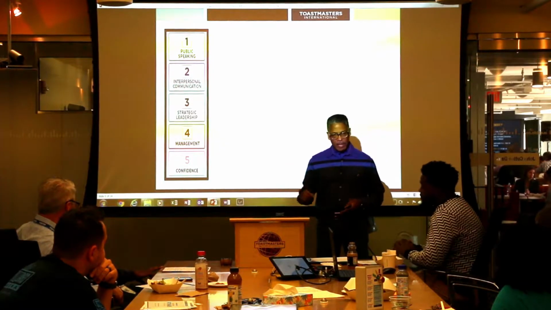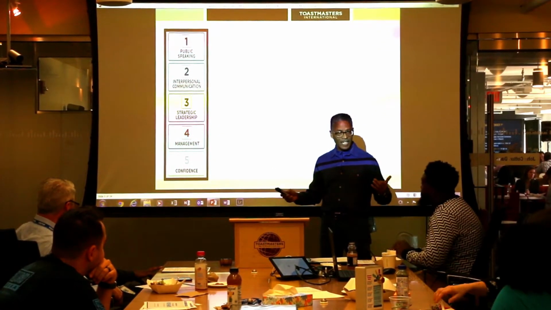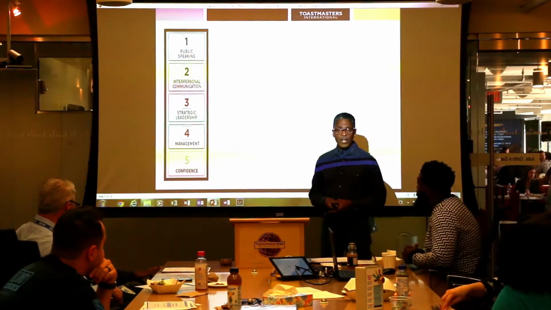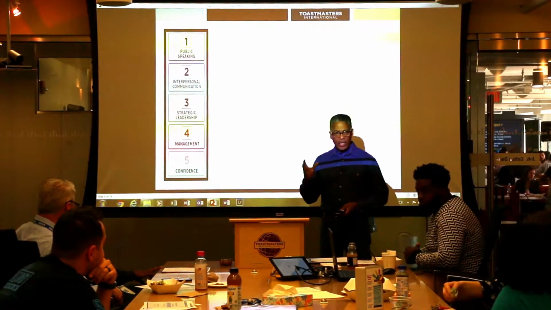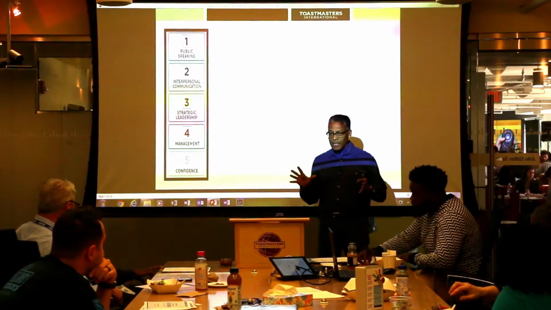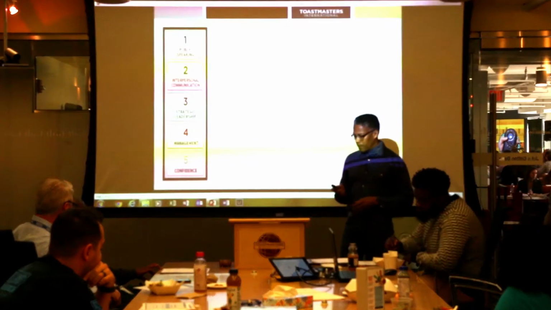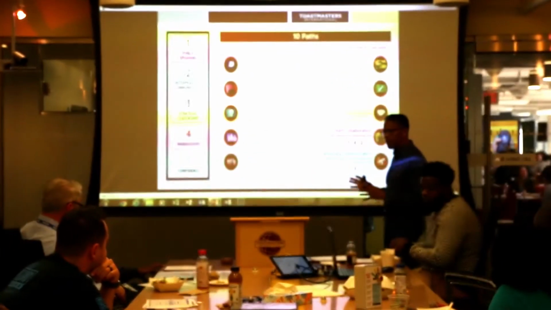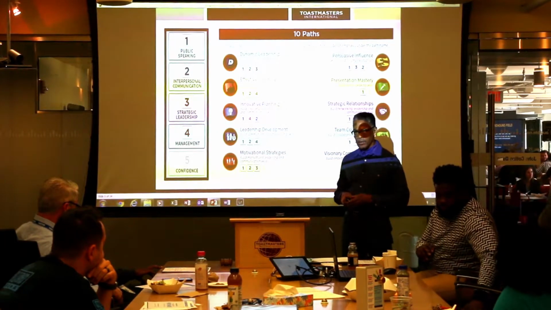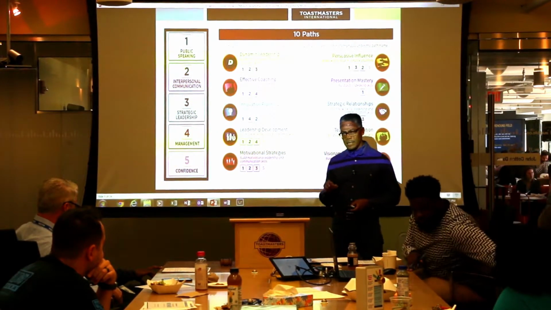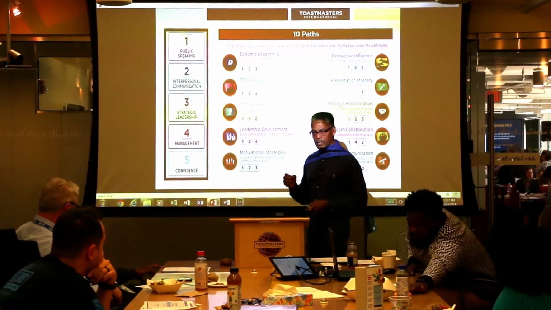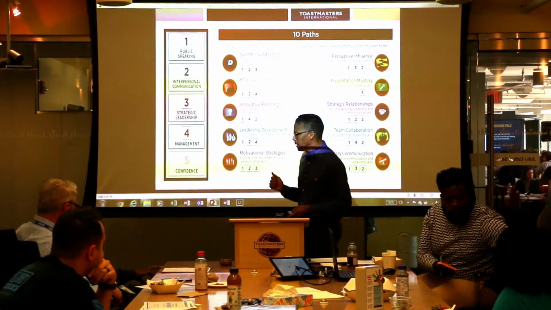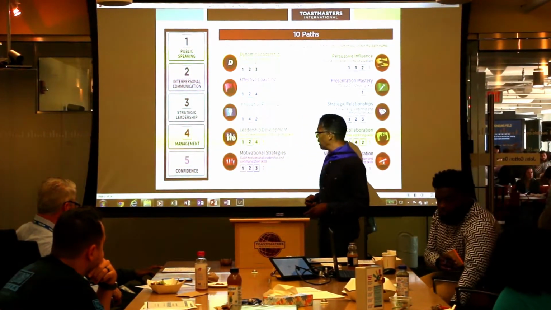When you stand into this space, taking on those leadership roles, whether it's the art counter, the timer, the grammarian, you're developing confidence. You're also getting to use other aspects of your skill set. That's where that confidence comes into play. And the way those competencies are developed across the 10 paths, they're emphasized in different ways, but they pretty much will cover the same competency, so that you can expect, upon completion of these 5 levels in each of the paths, to be at least competent in one of these areas.